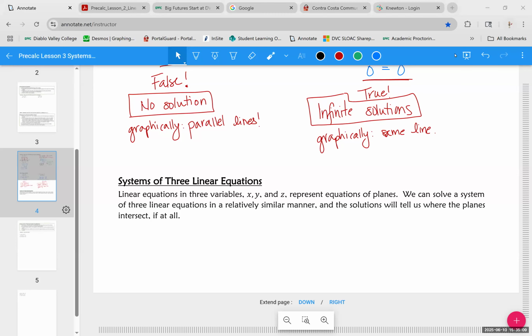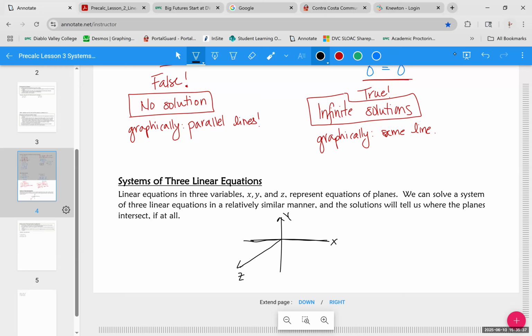All right, last but not least, the fun part. We're going to deal with linear equations in three variables, x, y, and z. So if you think of x, y as the coordinate plane here, the z-axis is the one that kind of comes out, and so you're dealing with three-dimensional space. It's hard to draw in two dimensions, but one way you could think of it is like if